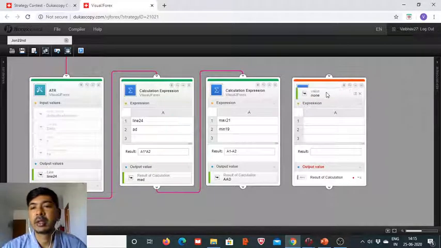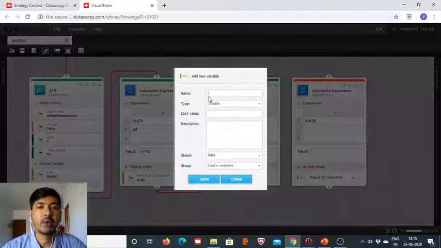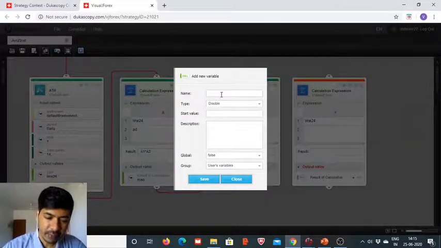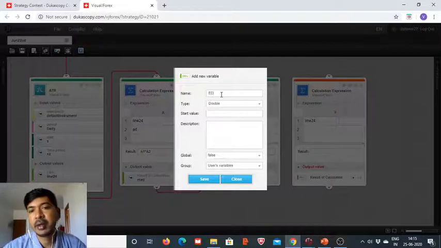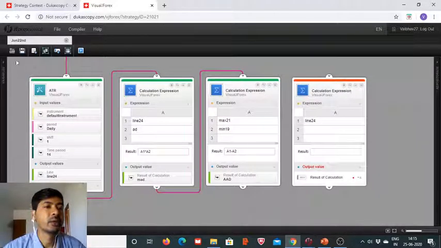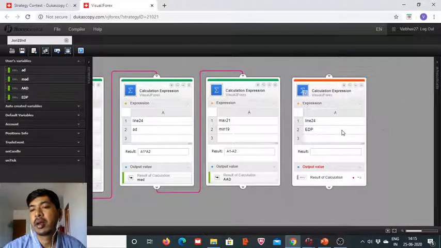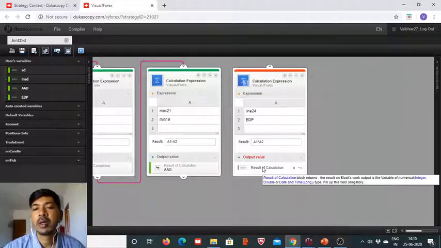Line 24 is our daily ATR, and we create a fresh variable here, a new variable, the entry difference pips, and it will be 0.20. Okay, so now we take this EDP and we multiply it, A1 into A2. Okay, so here we have this,